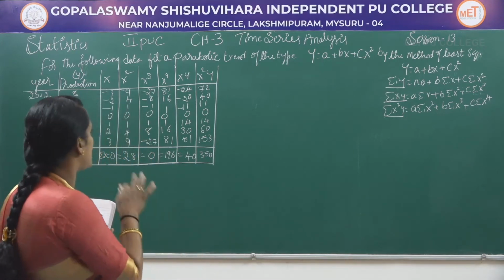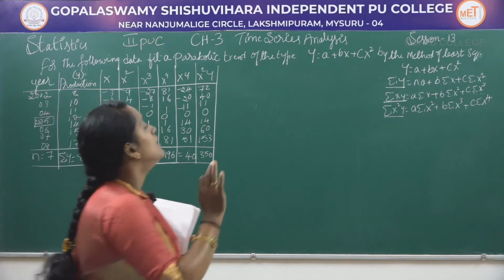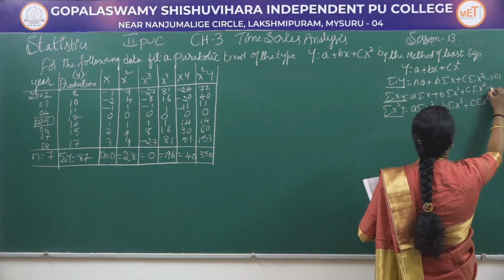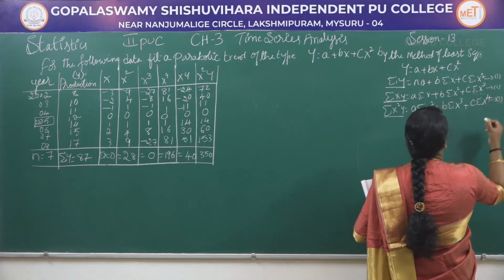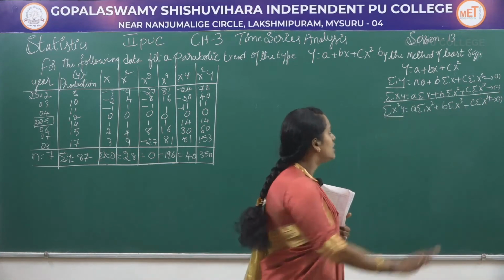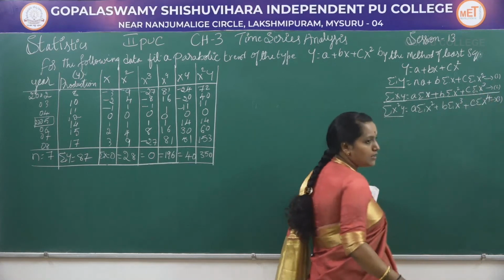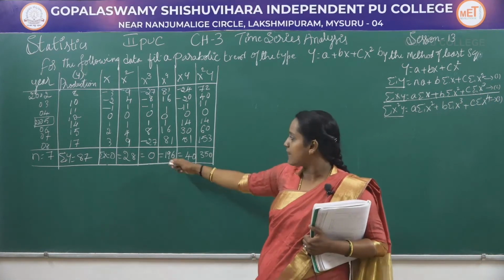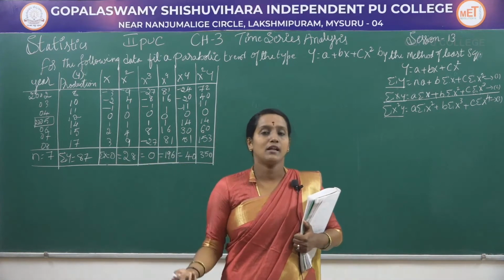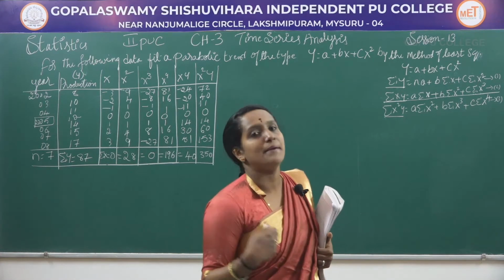So using this table, the totals, we are going to solve the three normal equations. Okay. You take these as 1, 2 and 3. Let me take the second equation first, because in this equation summation x is there, summation x cube is also there. In this table we have calculated summation x is 0 and summation x cube is also 0. So our calculation will become easy and we can directly find out the b value.